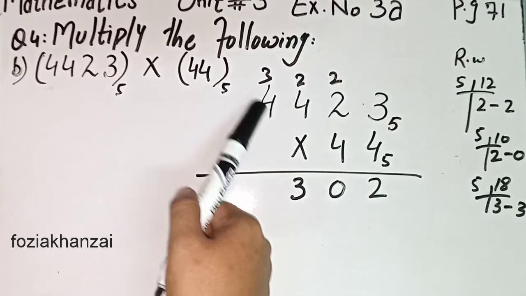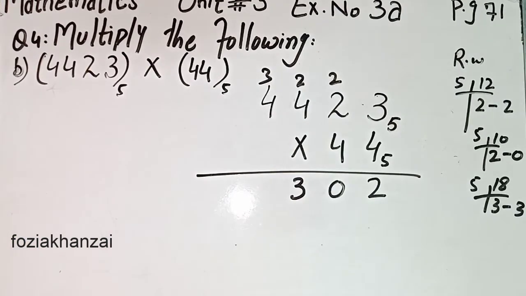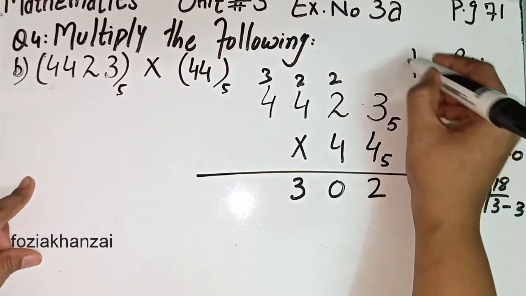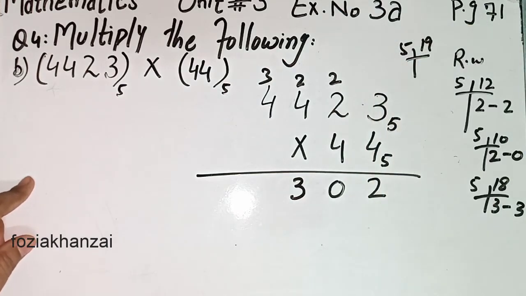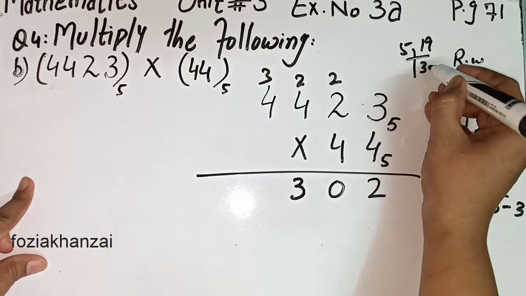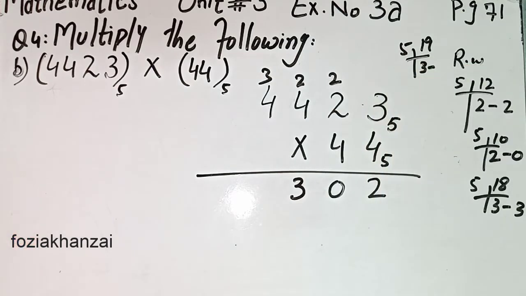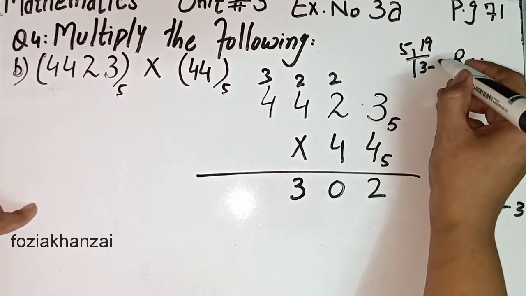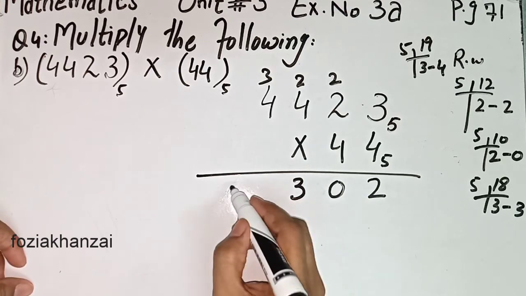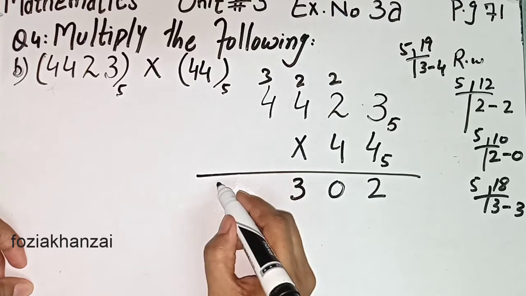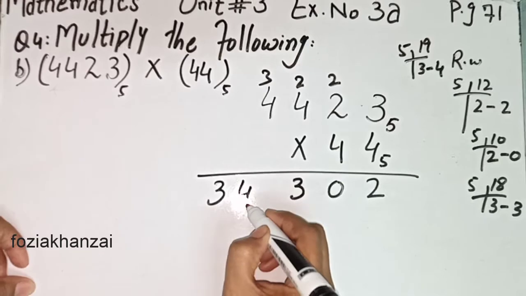4 4s are 16. 16 plus 3, 17, 18, 19. Okay, 19 convert into base 5 system. 5 1s are 5, 5 2s are 10, 5 3s are 15. 15 minus 19, 16, 17, 18, 19. 4 is left. Okay, it means in base 5 system 19 equal to 34. In 34, it's our last digit, we copy as it is, 34.